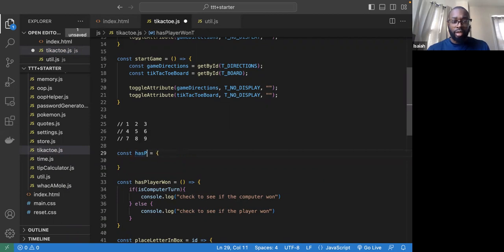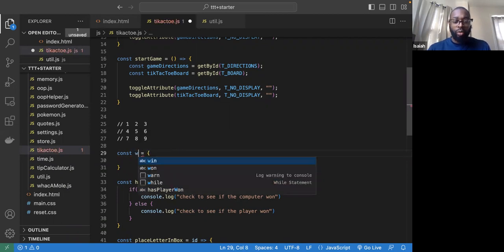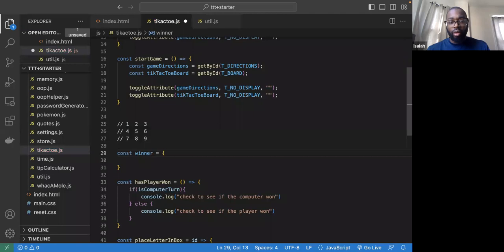Actually, let's name this winner. Tic-tac-toe winner mapper, because we'll basically be mapping all of the winning combinations. We'll just put them in here. So the first combination of this is actually, let me put this inside of an array, because I feel like